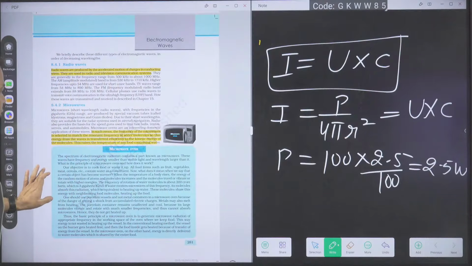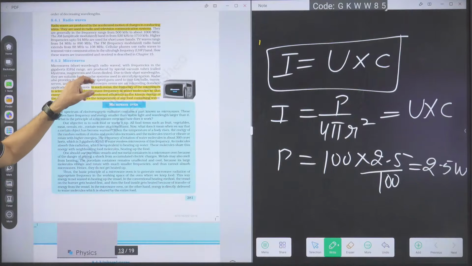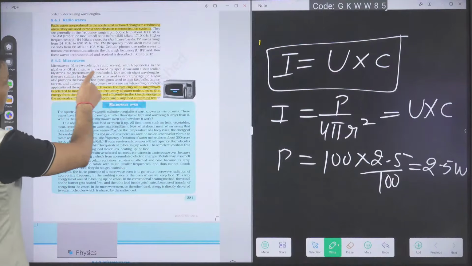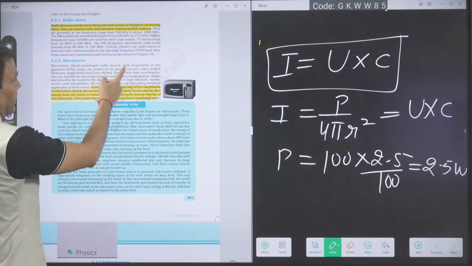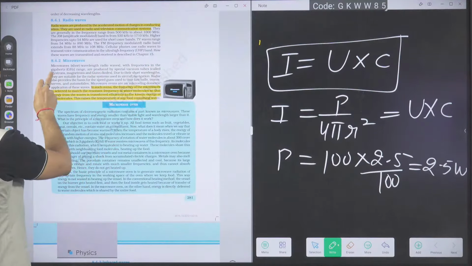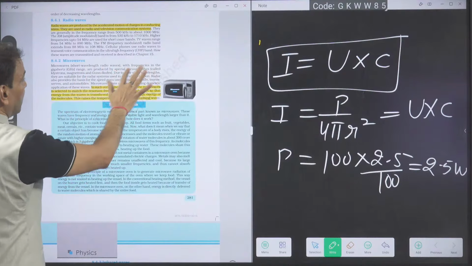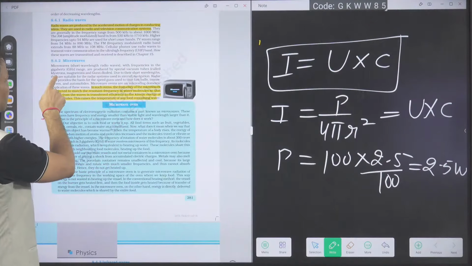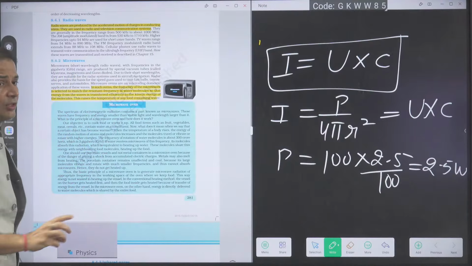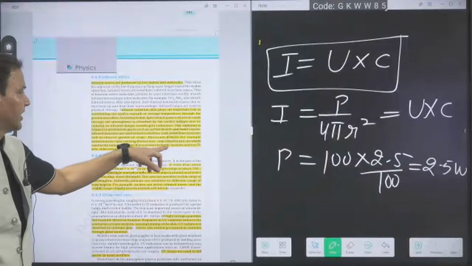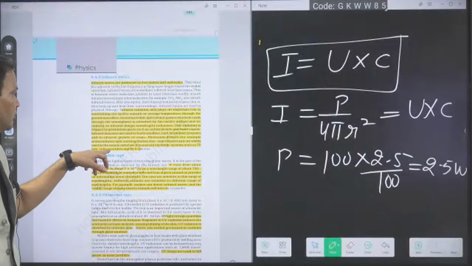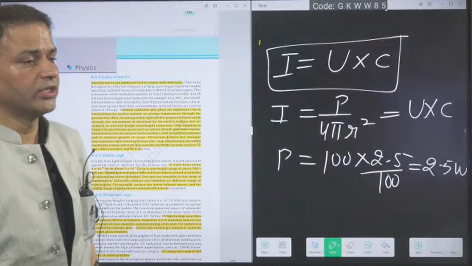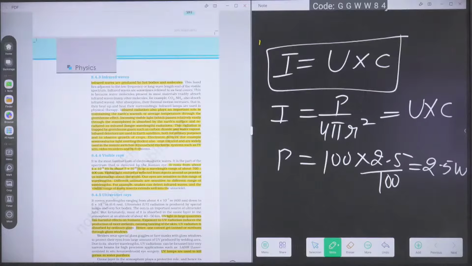Second is the microwave. This question was already asked in JEE Main. Microwave is a short wavelength radio wave, with frequency in the gigahertz. That is not a problem. How are we producing it? Special vacuum tubes called klystron, magnetron, and Gunn diode. These three names you have to remember. Household electronic systems such as TV set, video recorder, and hi-fi system use it. This everybody got or not? So go to the NCERT and revise these points again.